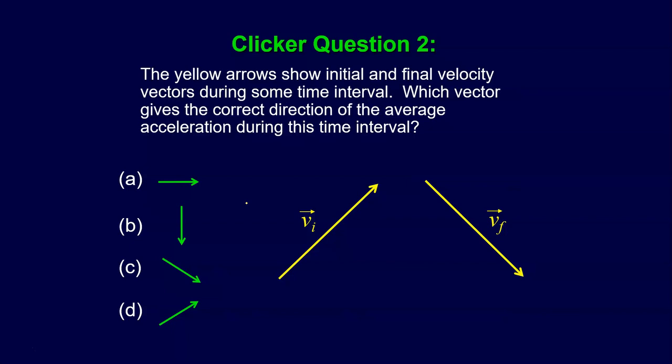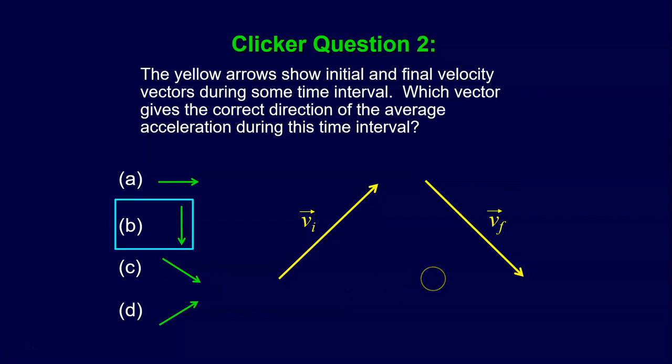Here we're looking at two velocity vectors. One's the initial, one's the final. If we look at A, B, C, or D, which one gives you the correct direction of the average acceleration during whatever time interval this was? We've got to do some vector stuff here. So give this a go and we'll talk about it. Okay, hopefully you got